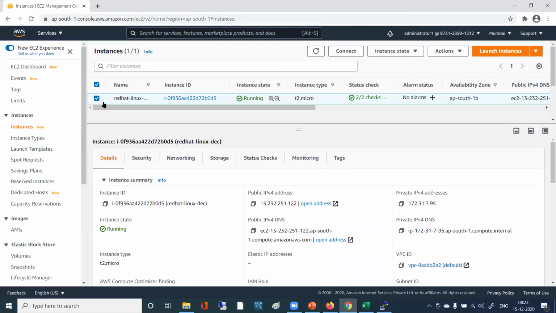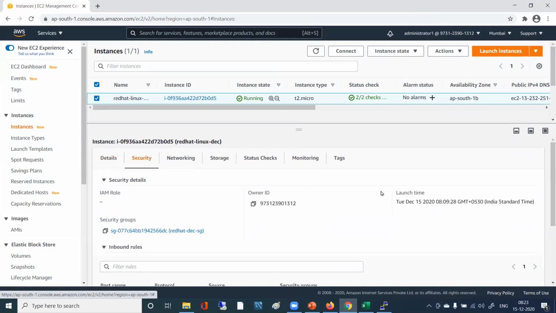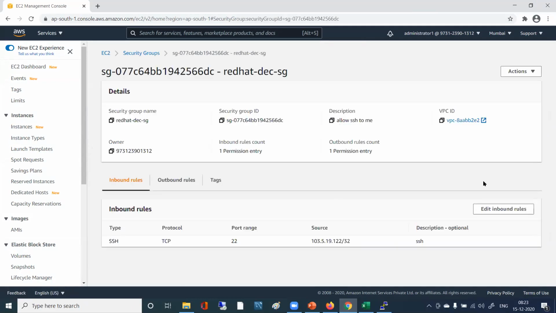Here you select your EC2 instance, go there. Yes, I did. Go to security. Okay, go to security group. Here you have the inbound rule, right? What is the IP? My inbound rule is something different with type. I can see yours is SSH. Mine is NFS. So that means you have associated the wrong security group with your instance.